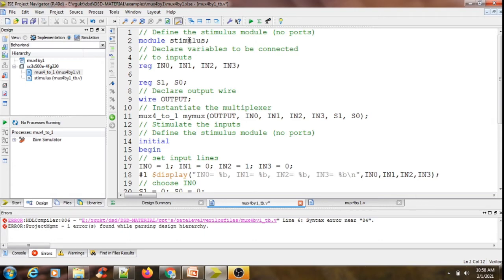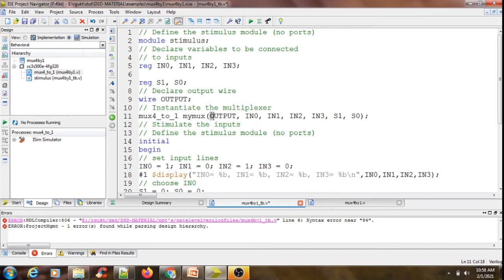Inside my test bench, the test bench is generating the signals IN0, IN1, IN2, IN3. These are to be passed as inputs to your instantiated module. MUX421 is your instantiated module, and the instance name for your module is MyMux.